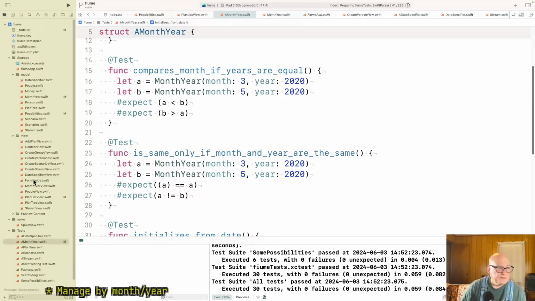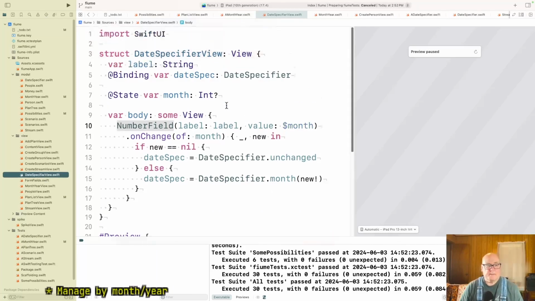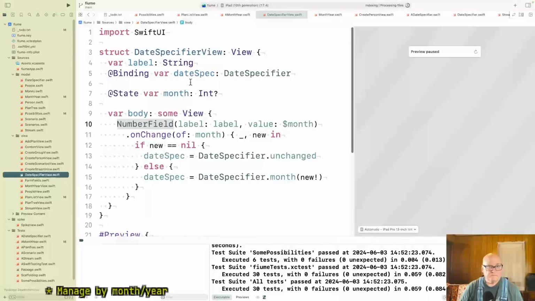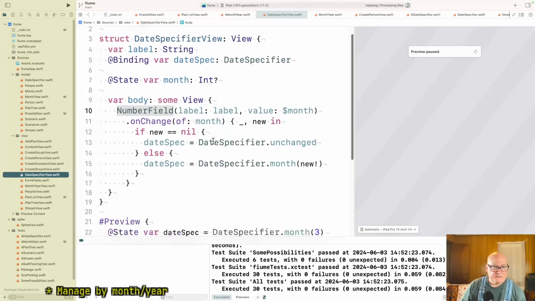Let's find our date picker. Actually, something should care.